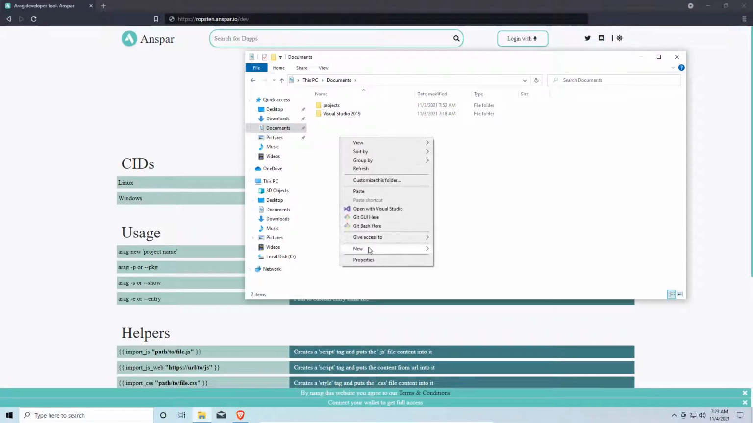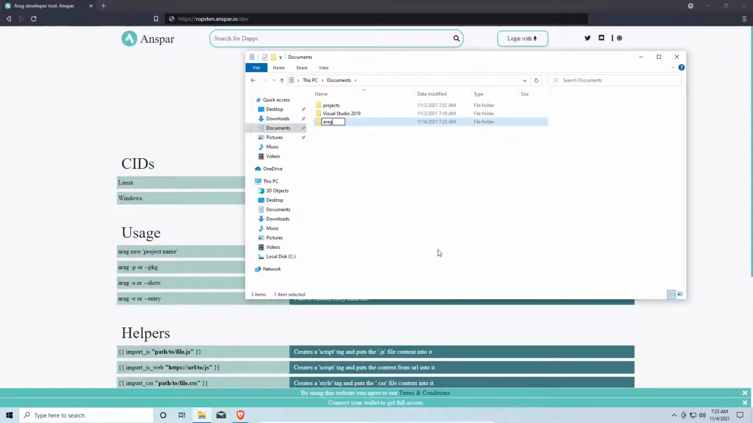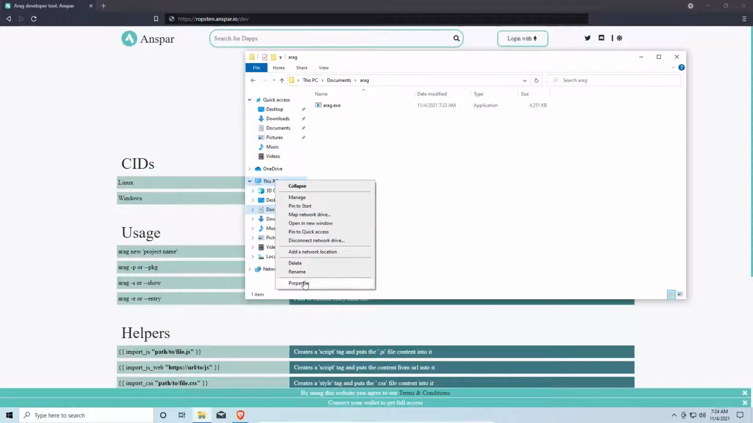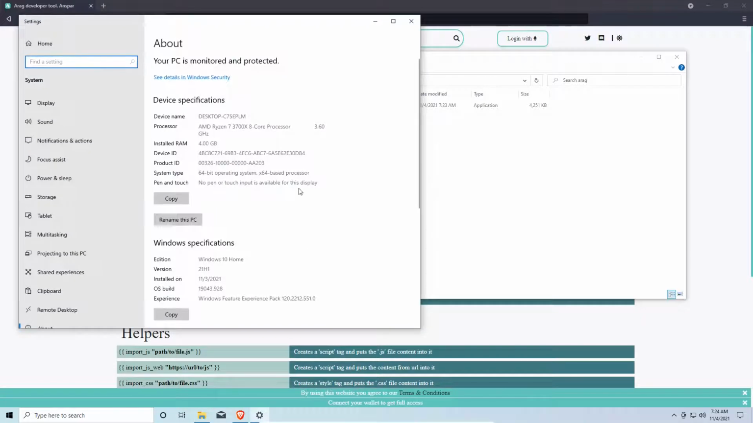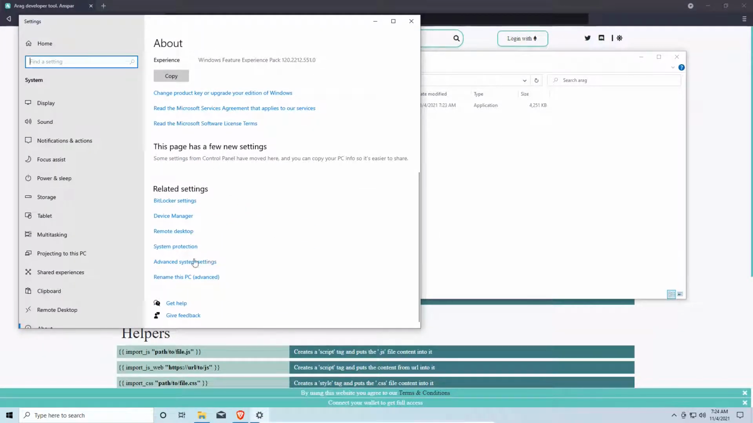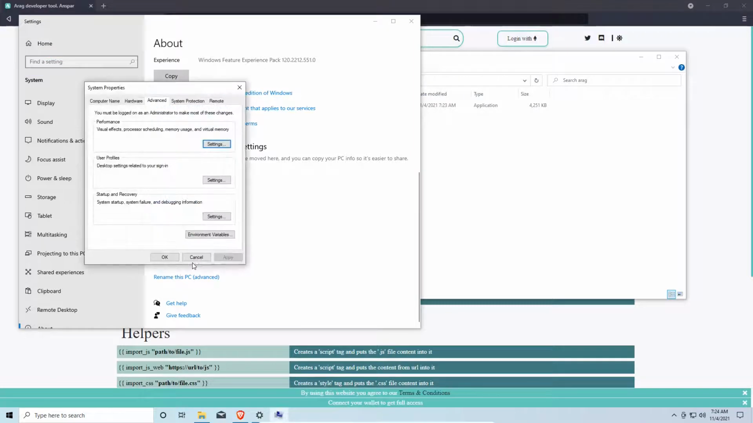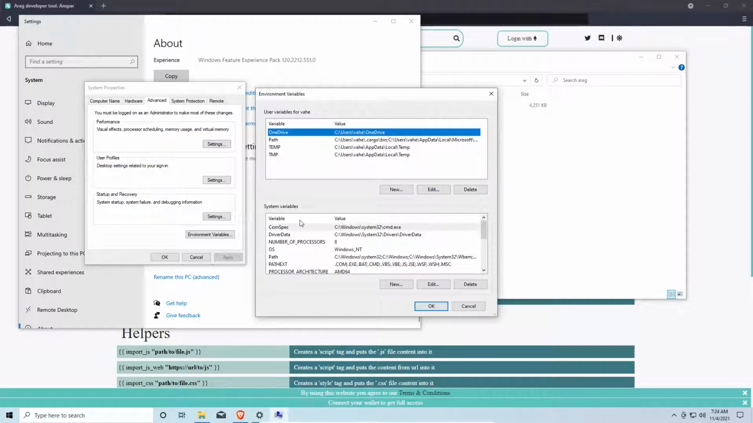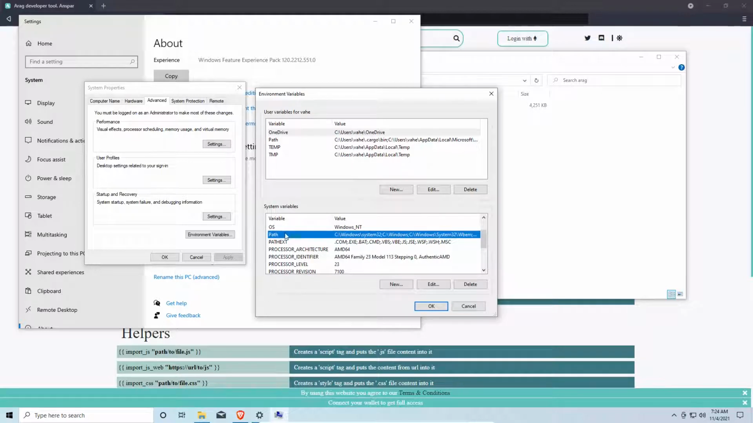I'll just create a new folder here, call it Arag, and we'll place the tool inside of this folder. And now, just like on Linux, we need to add the path to the tool to our environment variables. To do that, we can right click on the PC icon and then open the properties. Here we scroll down and try to find the advanced system settings. In here we have this environment variables option, and in the system variables section we find the path variable,